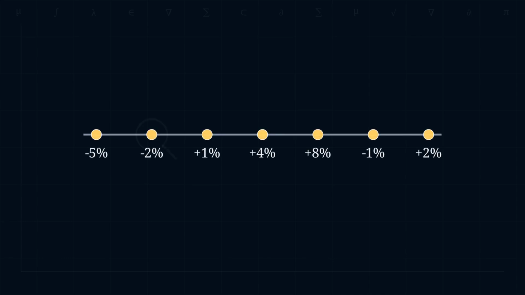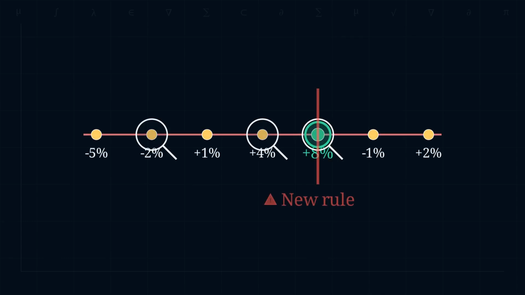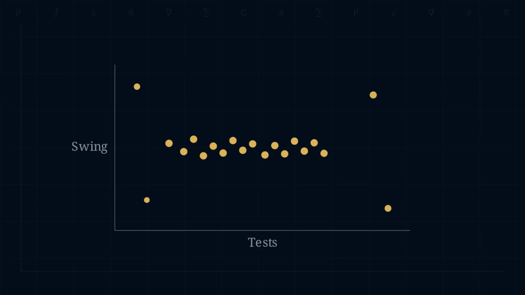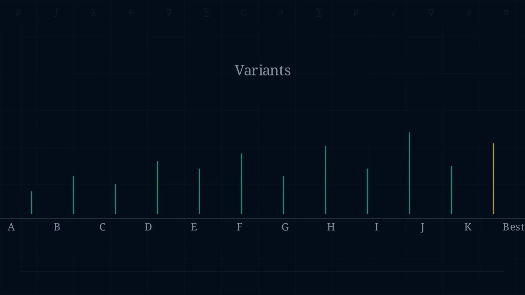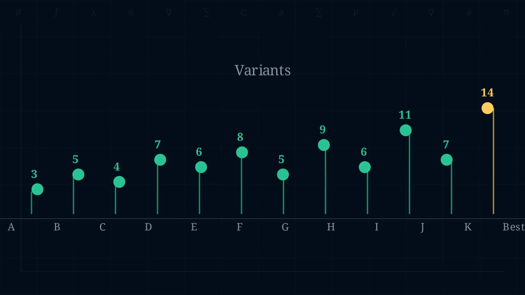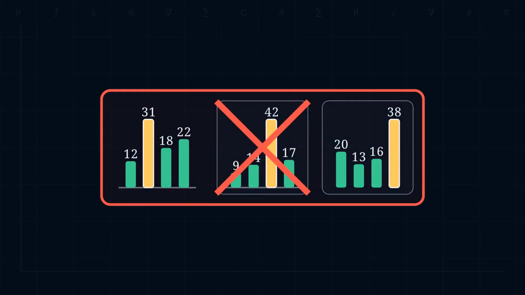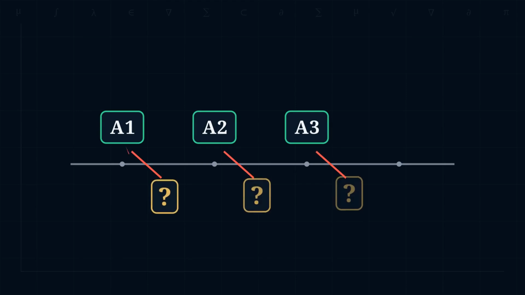If you keep looking at the data until it looks favorable, you are changing the game while pretending the rule stayed fixed. The test assumed you would look once after following your stopping rule. By glancing early and often, you invite the most extreme swings to catch your eye, and you label them as evidence. If you test lots of variants or metrics and only report the best-looking one, you are playing the same trick in parallel. The method cannot protect you if you change the questions after you see the answers.